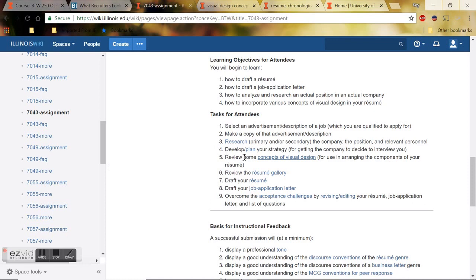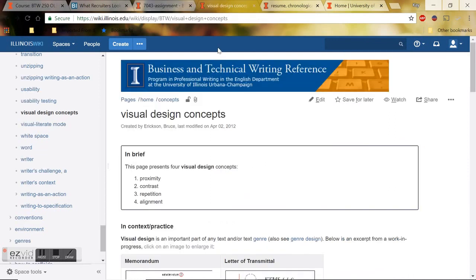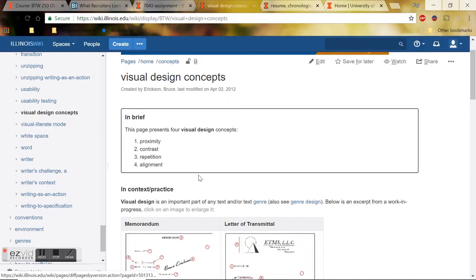So if you click on this link right here, that will open up this page. You can always just do a search up here in the search bar for visual design, and that will pop up. Okay, so this is the page, and it explains proximity, contrast, repetition, and alignment. I'm not going to spend a lot of time on this as I've gone over this previously, but just to review. So looking at our example here,